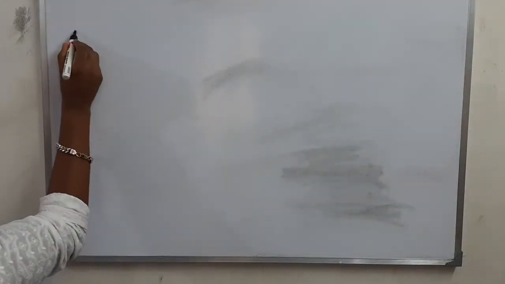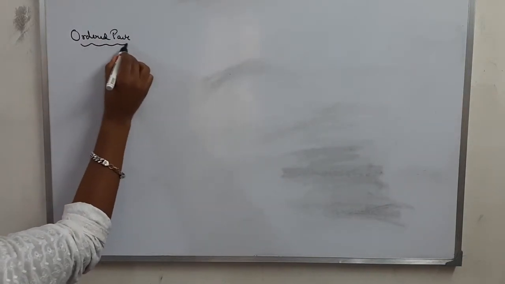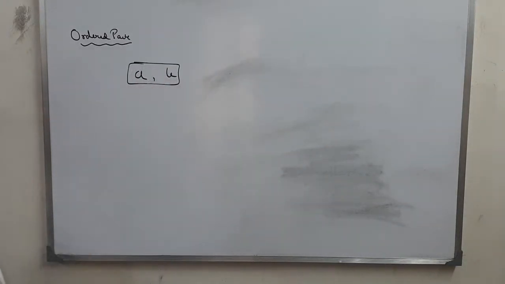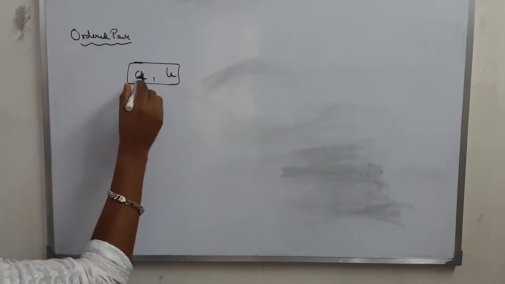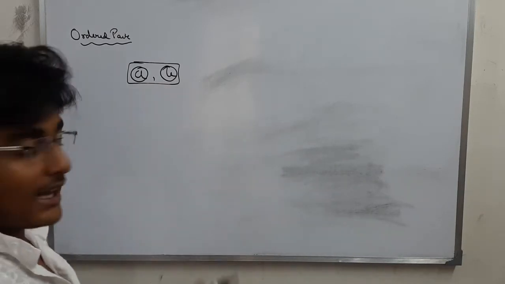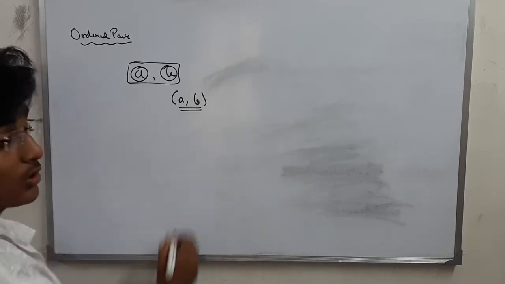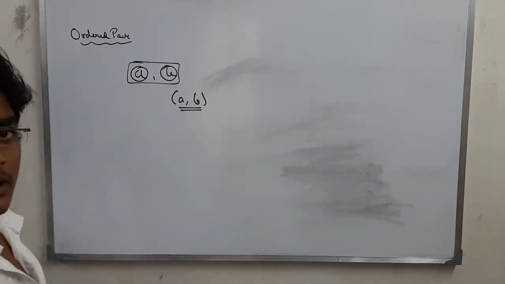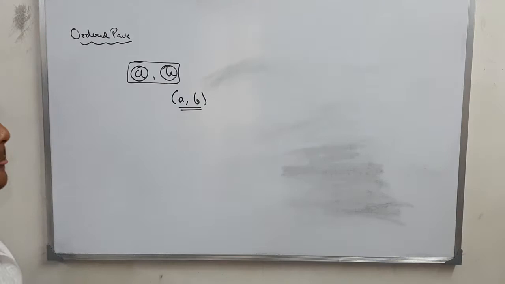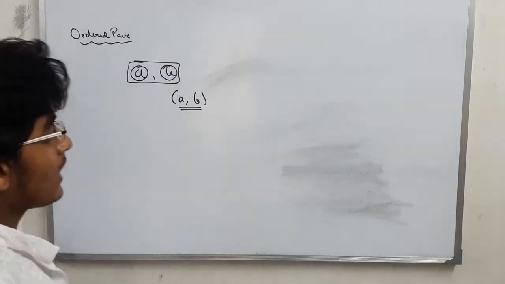So, starting with ordered pairs. What is an ordered pair? Suppose we have two numbers A and B, or better, we have two elements A and B. Arranging these elements together in some form basically introduces to us the term ordered pair. Pair means two. So here we are doing our job using two elements, hence a pair.